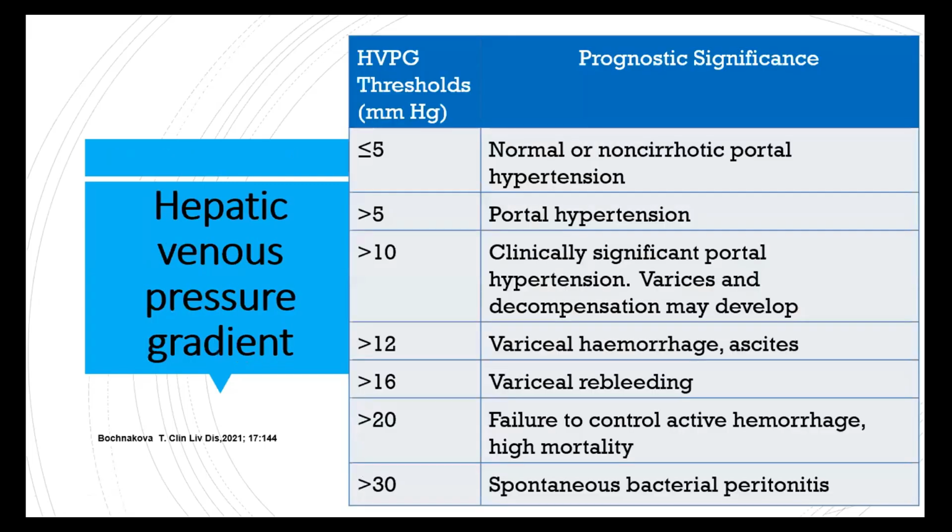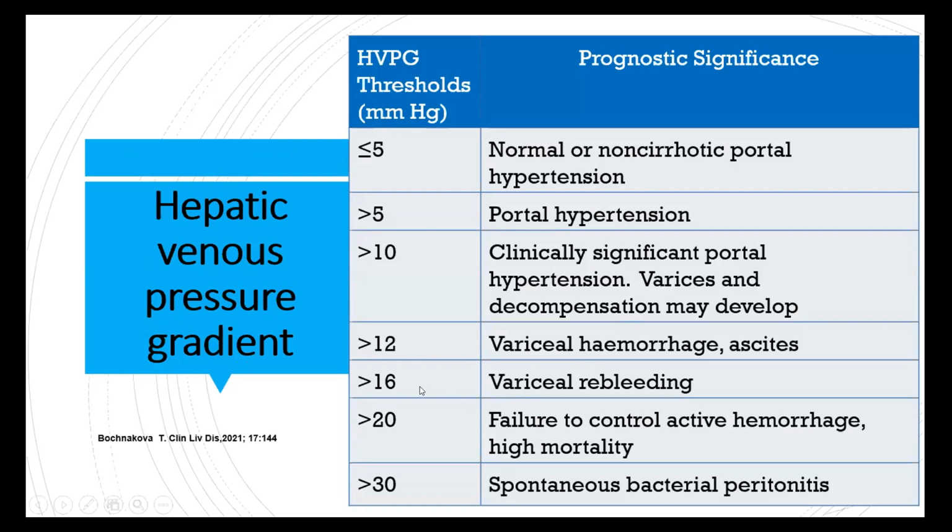If the hepatic venous pressure gradient is more than 5, then these patients have portal hypertension. Normally this is 5 or less. We say clinically significant portal hypertension when this is more than 10 millimeters of mercury, when the varices start developing and the patient may decompensate. At 12 millimeters of mercury, variceal hemorrhage and ascites may occur,